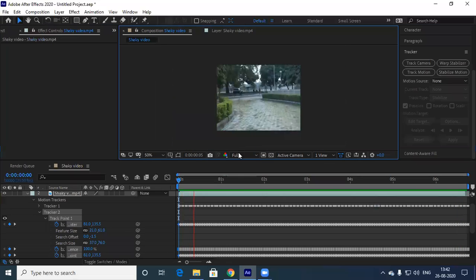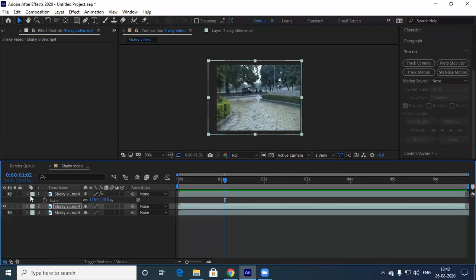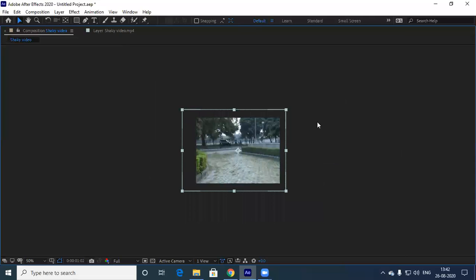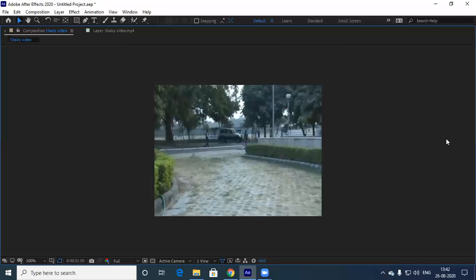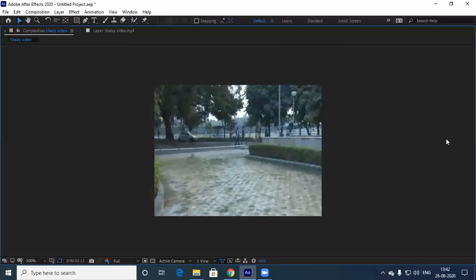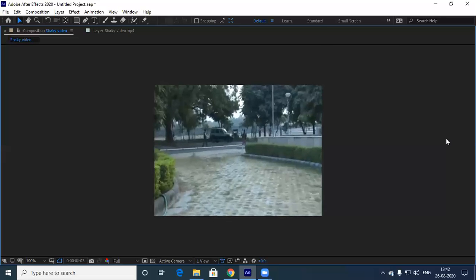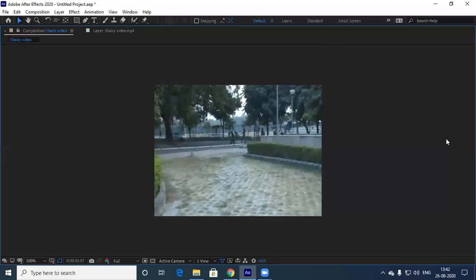So what I'll do, I'm going to scale this a bit more. Now see, you'll clearly understand. The actual footage was too shaky, and to the maximum we have reduced the shakiness here.